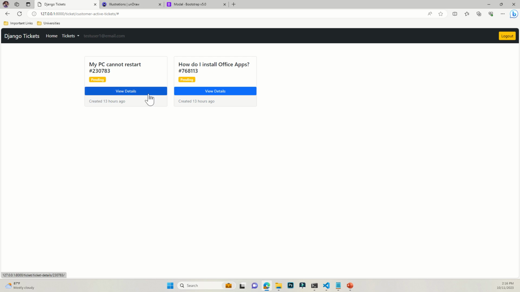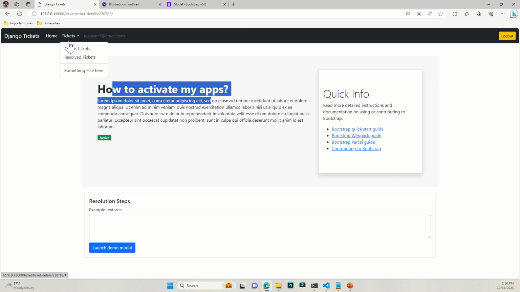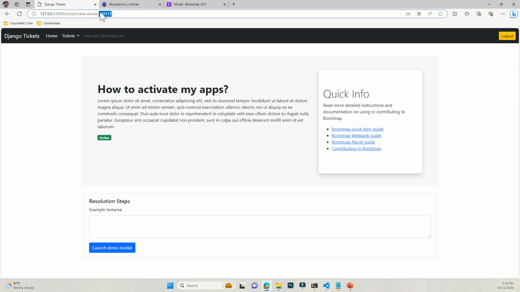Let me not punish you guys with this UI thingy I'm doing. So view details. Obviously, you look at the different ID. Come over to active tickets again. All right, so view details here, obviously the different ID as well. So cool, we're going to be working with this one, and then we're going to see how we can